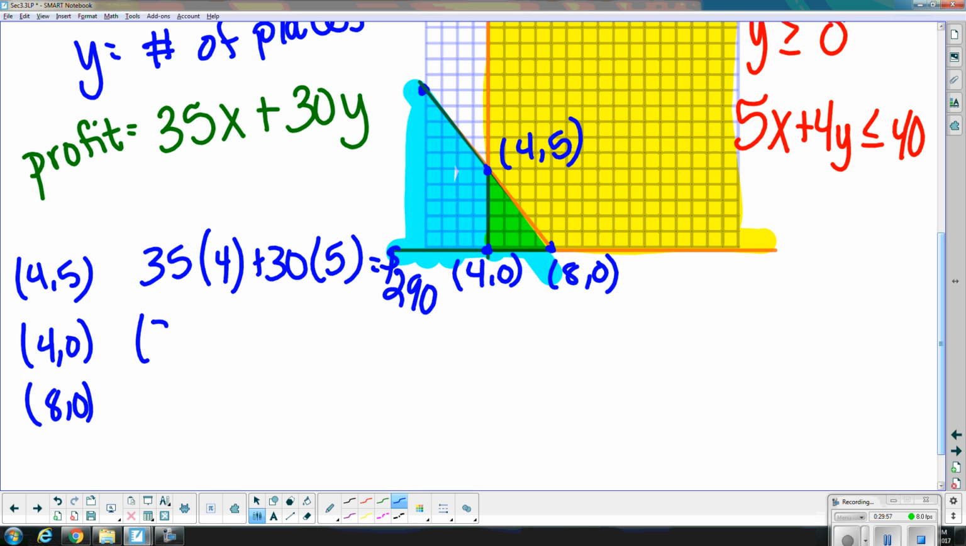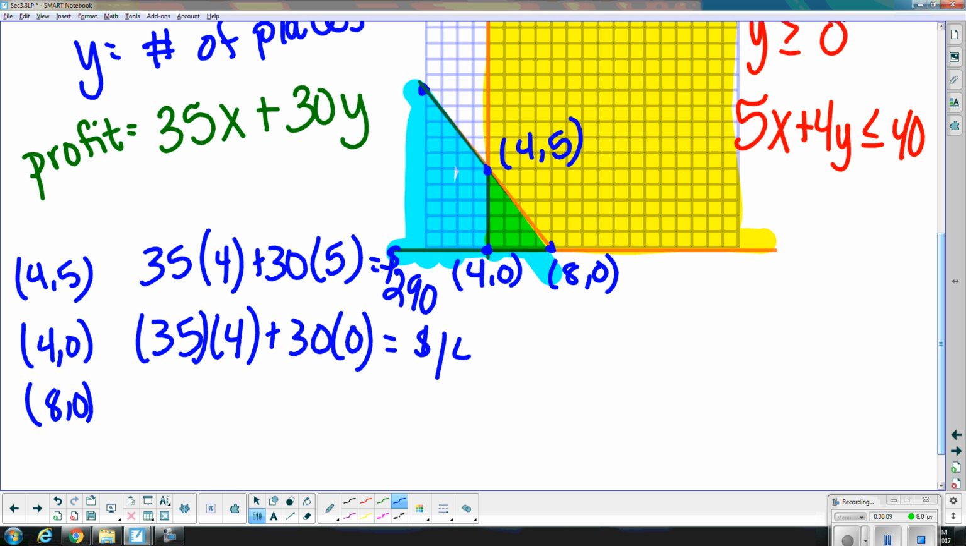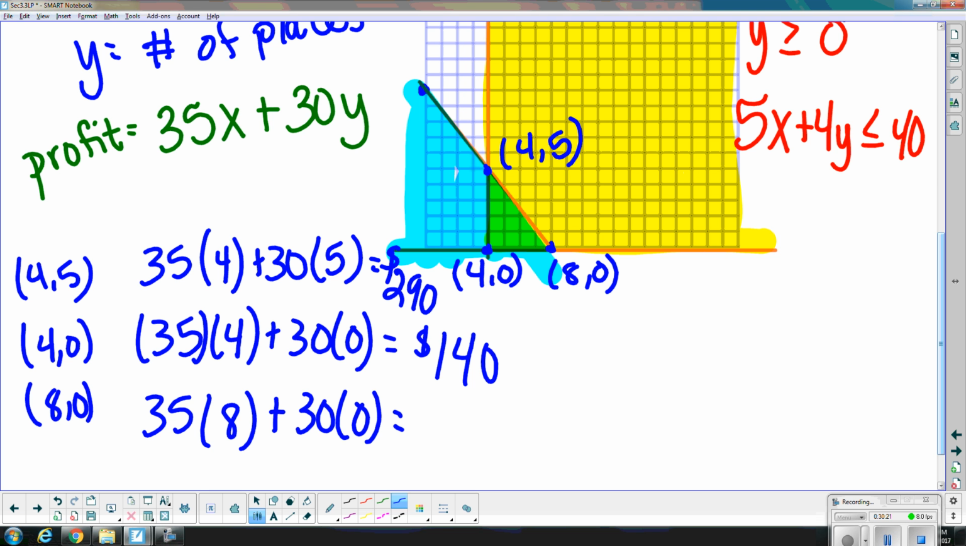My second one, 35 times 4 plus 30 times 0. And if I help that out, I get $140. And then last one, 35 times 8, which is my x, plus 30 times y. I get $280. So how many bowls do I make and how many plates do I make in order to optimize,